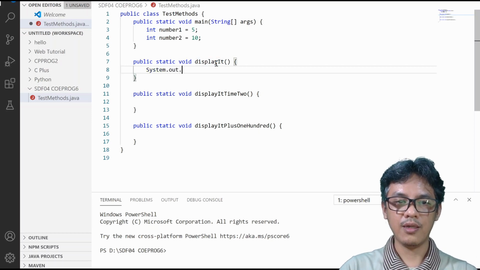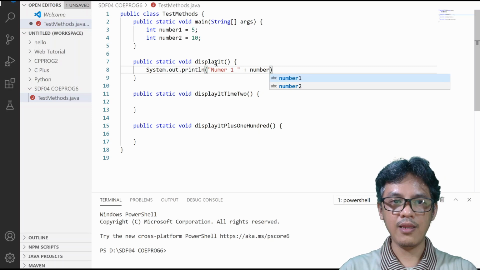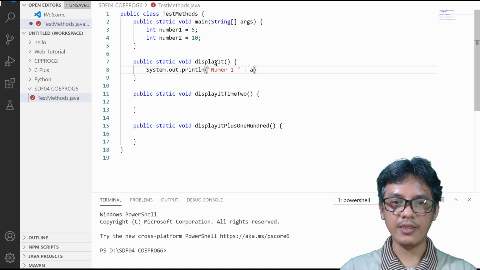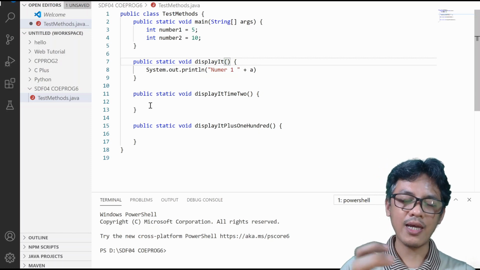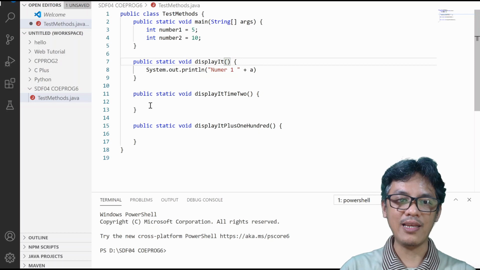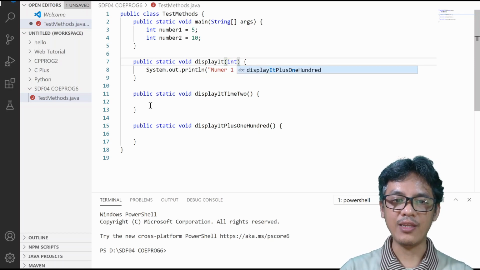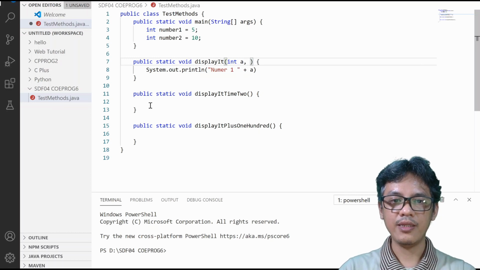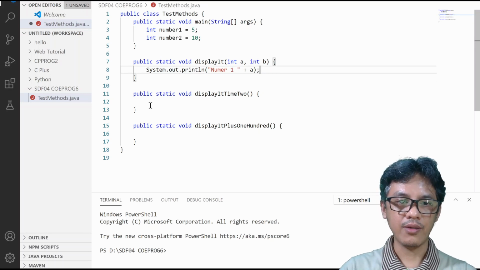System.out.println number 1 is plus then the variable sabihin natin A kasi gagawa pa tayo ng parameter para may transfer or maipasa yung value. So, int, kasi int yung ipapasa nating value, A, and int B. Semicolon,